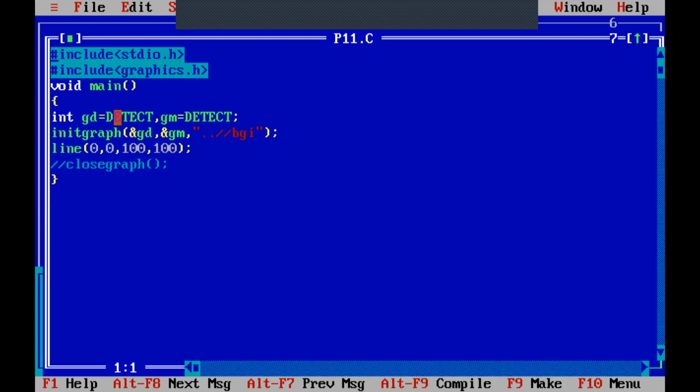So you can set GD equal to DETECT, which means we do not know what adapter is there as hardware in your computer. DETECT means it will automatically detect the available graphics driver and assign the value to GD. Similarly, it will detect the mode of graphics and assign it to GM.